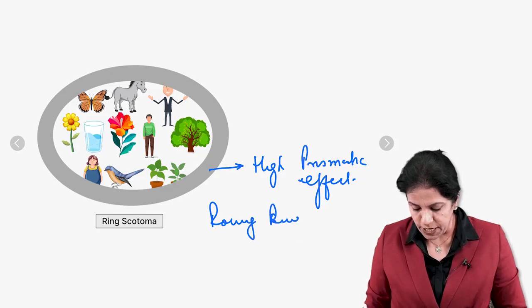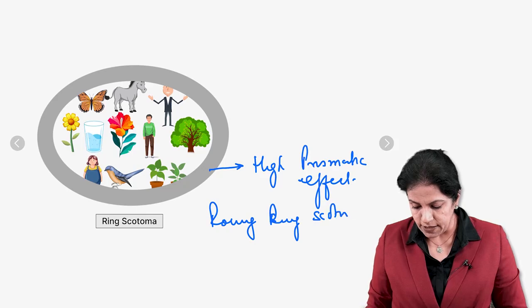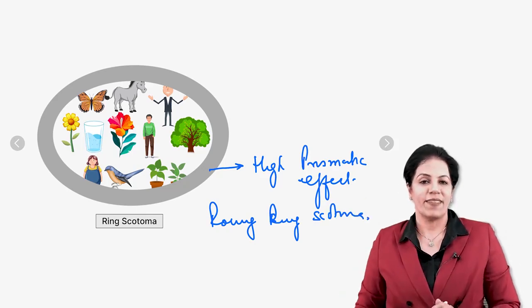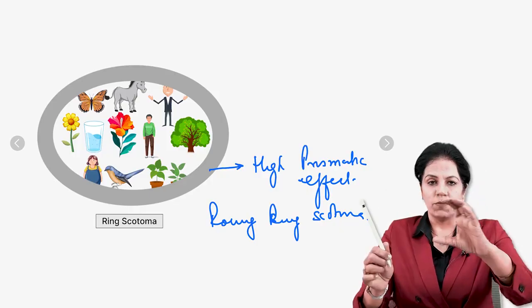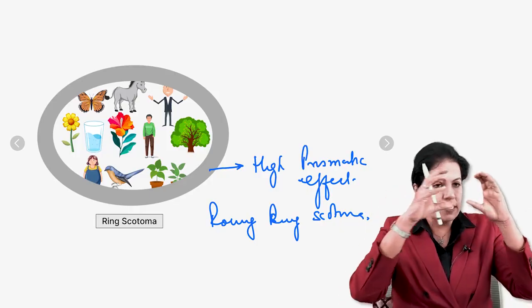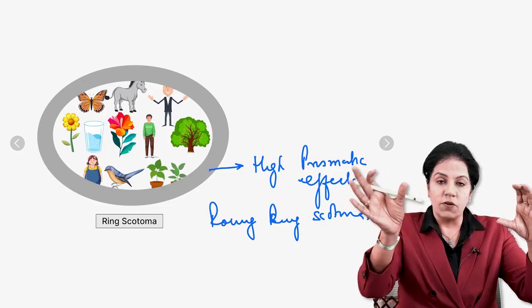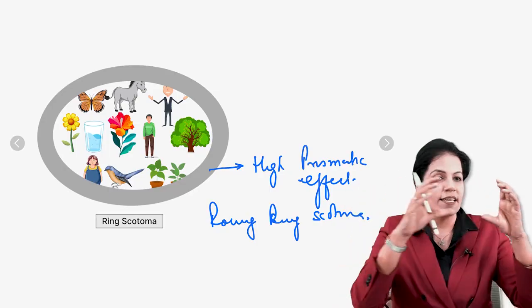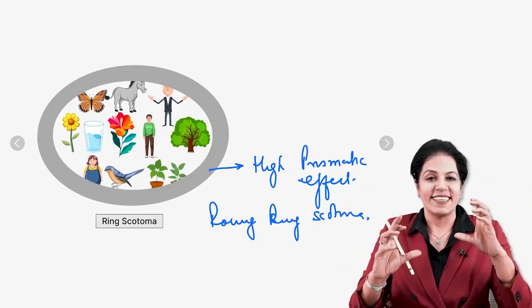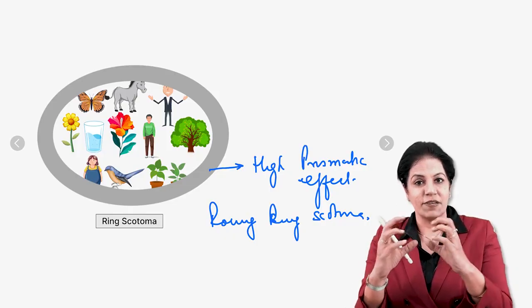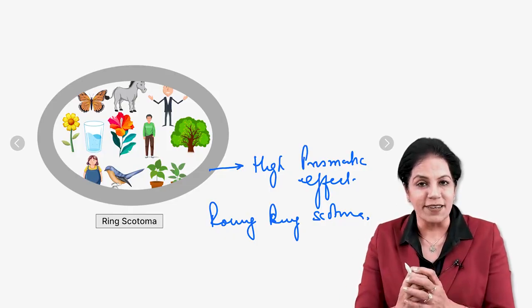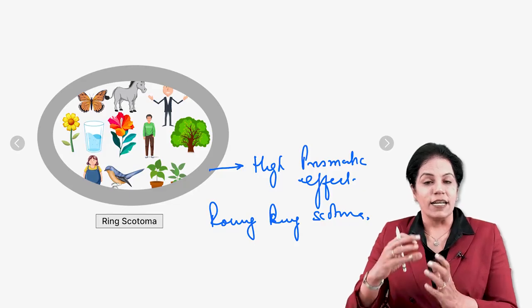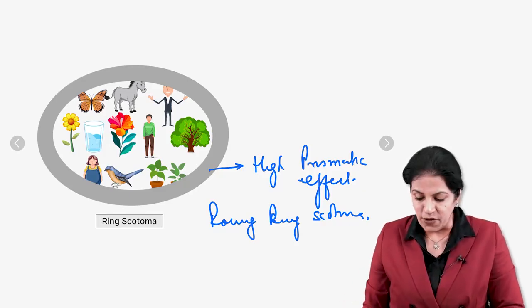Now, suppose two people are sitting in front of this patient and he wants to focus on both, he is not able to. Once he is looking at one person, the other is out of his sight. When he looks at the other one, the first one is out of sight. This is because of the constricted visual field due to the roving ring scotoma, you got it? And this getting out of sight is what we call